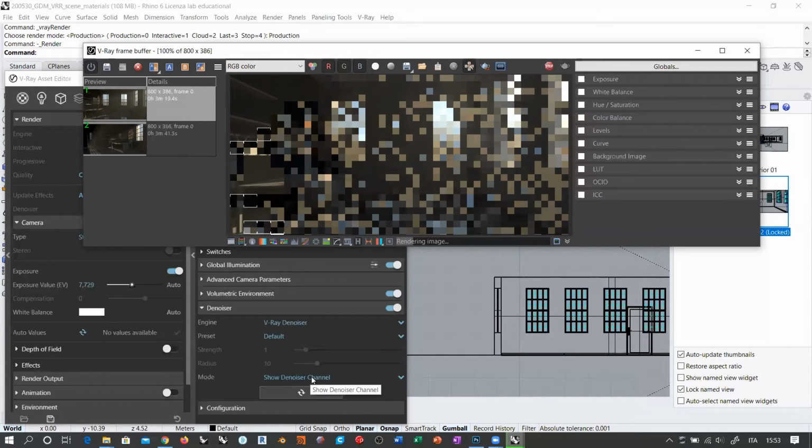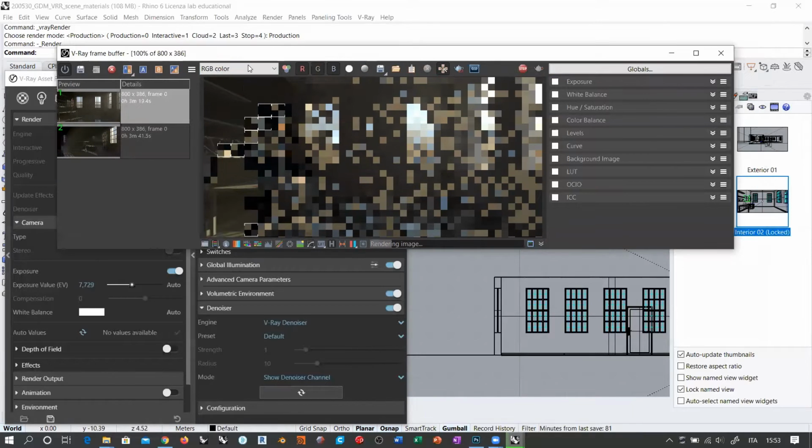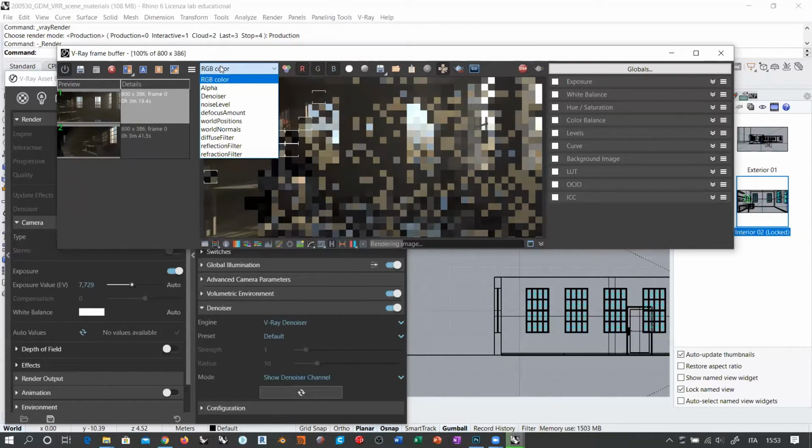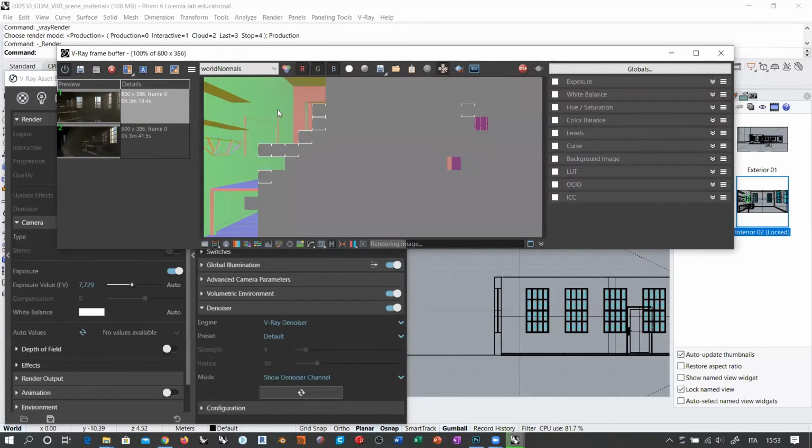Preset is set to default, and there is one option that I would leave on, which is mode show denoiser channel. Now, you might know that in the frame buffer, there are many channels available. The channel that you see while rendering is the RGB, which is basically the final image that you are producing. But there is also other information inside this image that will still be available once the render is finished. For example, the orientation of objects in 3D space, which is called world normals. Then there is world position, which is basically